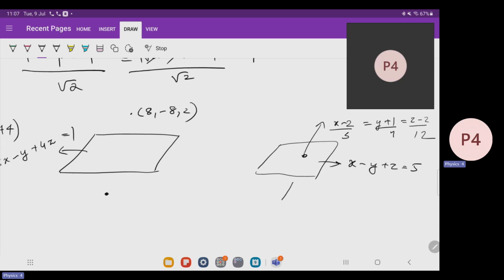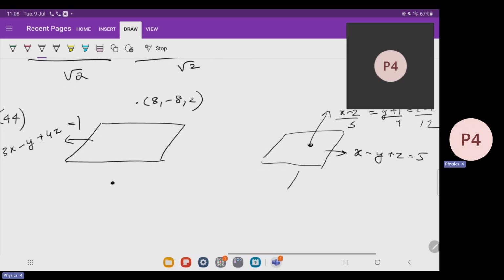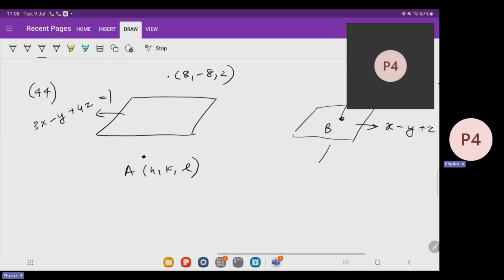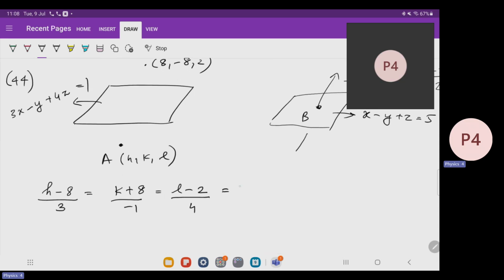So the distance between this point and this point is d, then 7d by 30. Okay, let us take this point as A and this point as B. So we have to find A and B and then the distance between them. So let's take A as h, k, l. Now we know the formula to find the image about a plane. So h minus x1 upon a, k minus y1 upon b, l minus z1 upon c is equal to minus 2